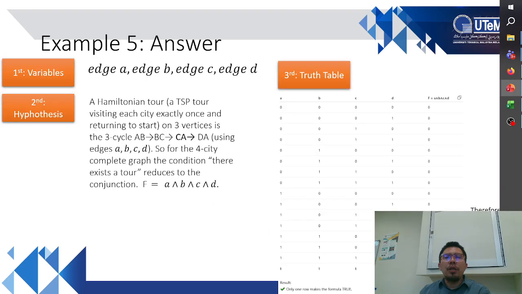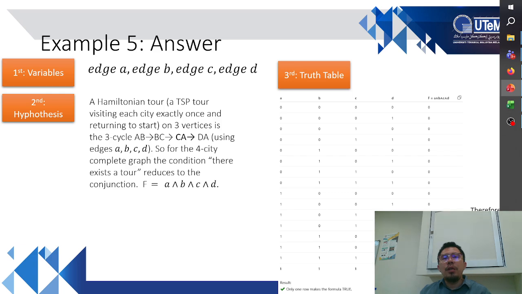We need to know, first, the variables. What variables are involved? HA, HB, HC, and HD. So the hypothesis is A and B and C and D. Okay, HA and HB and HC and HD. Then we calculate the truth table, and we found the expression of F equal